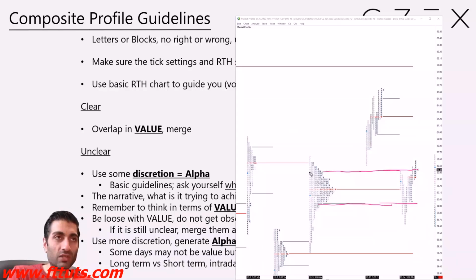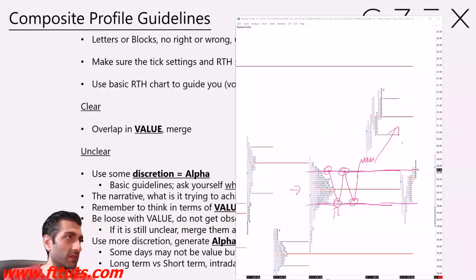Do you remember what I said to you? Once we identify contextual levels, and sorry, I know I said I'm just going to give you guidelines, but I like to talk about these things so you actually know what's going on and it's not just some rule that I say, merge it, crack on. No, I want to show you what's actually going on, why we're merging and what it's telling us, right? Do you remember what I said, that the market is in balance in this area, and if we're in this region, we can fade. We'll look for absorption and aggression to come in, the same way we did on the depth of market, no difference. Or when we go out and we build value,